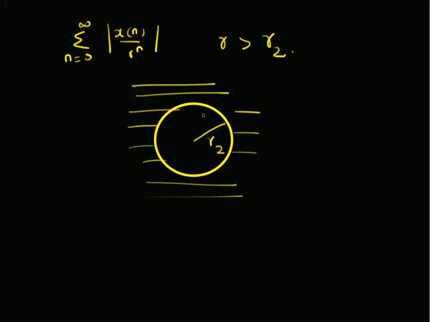But not the area inside the circle of radius r2. So this is for the second sum, that is for sum 2, this will be the ROC. Now, for the X(z), which is basically a combination of both 1 and 2,